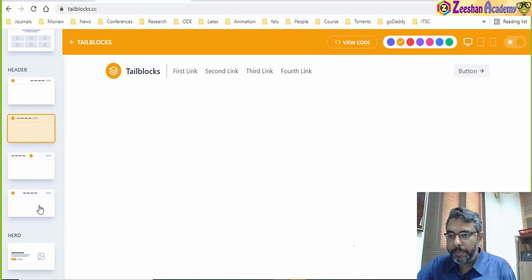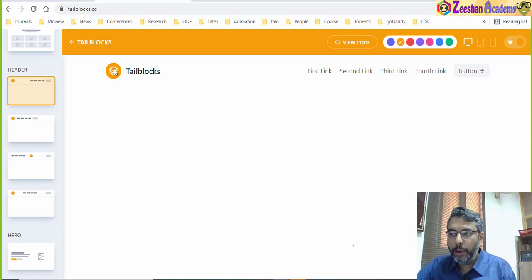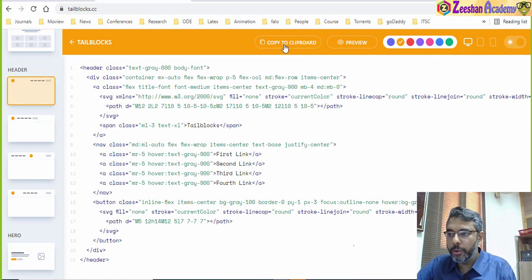So in my case, for example, I said I like this header, in fact this one, right? So I have my logo, I have my title of my page, I have my links and a login button or what I can do. And then obviously I can customize it. So what I do is I go inside the view code, my code is available, I say copy to clipboard,